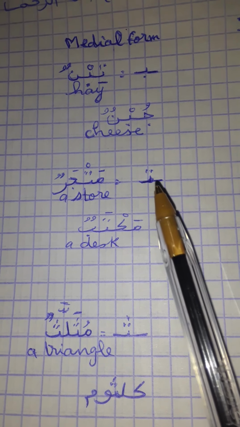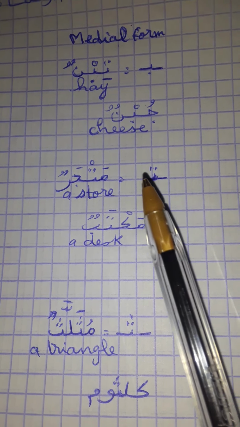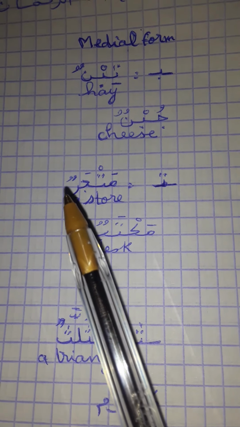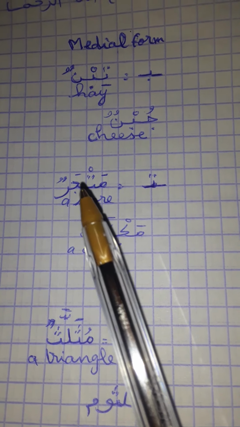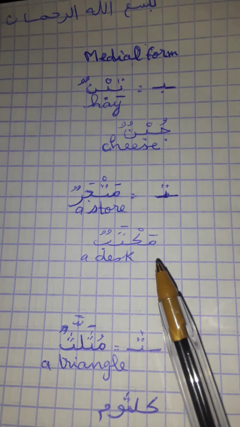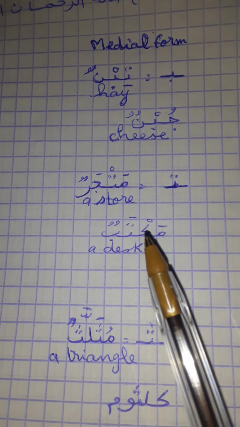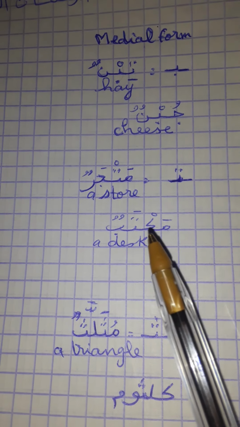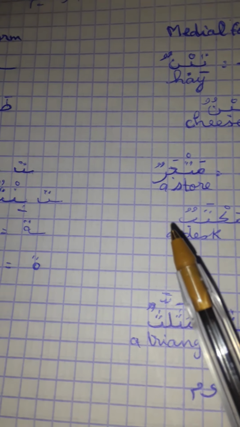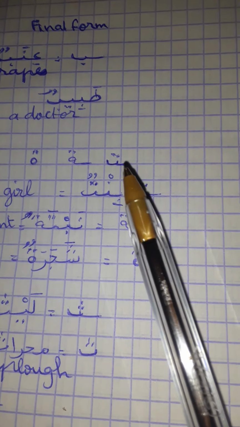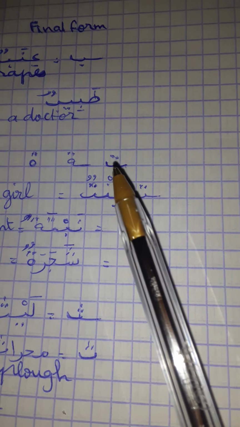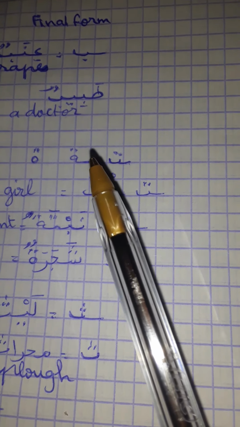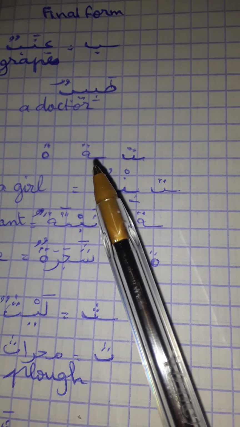Medial form, we draw the connecting line, then the ta. Matjaron, a store. Another example: maktabun, a desk. The final form, we draw the connecting line, then the ta, or you can write it like this,